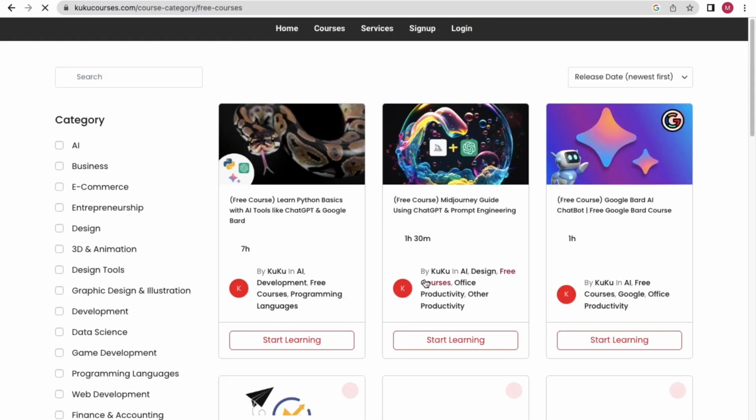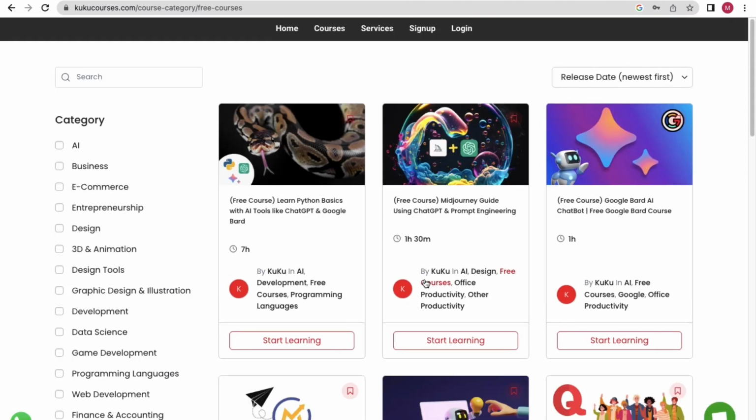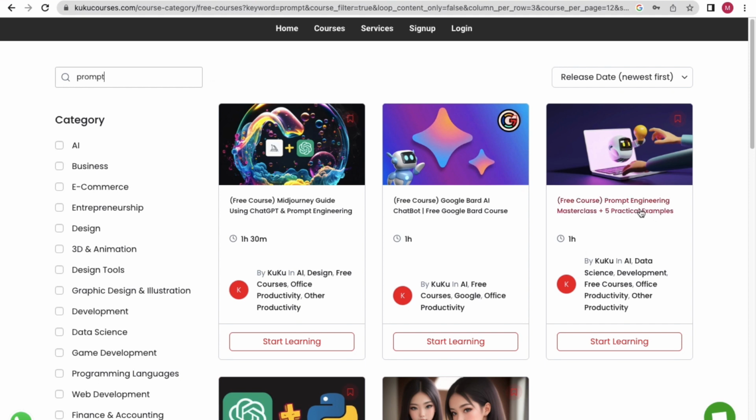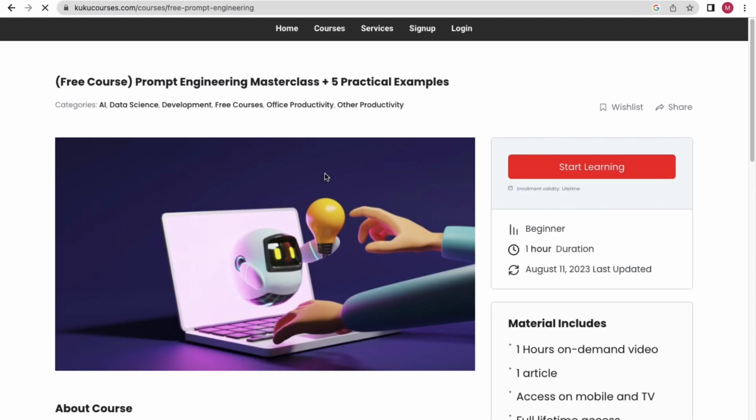So basically in the next section we are going to teach you what is prompt, basically prompt engineering. To understand the basics of prompt engineering, I want you guys to go ahead and search for prompt, click on the enter button, and then you will see this free course, Prompt Engineering Masterclass with 5 practical examples. This course is like two shorts. That means if you watch this free course of 1 hour, you will learn about what is prompt